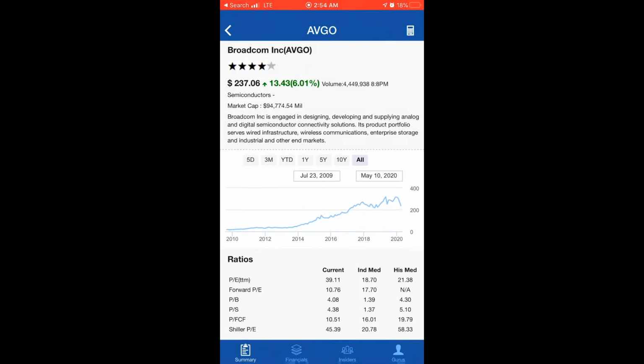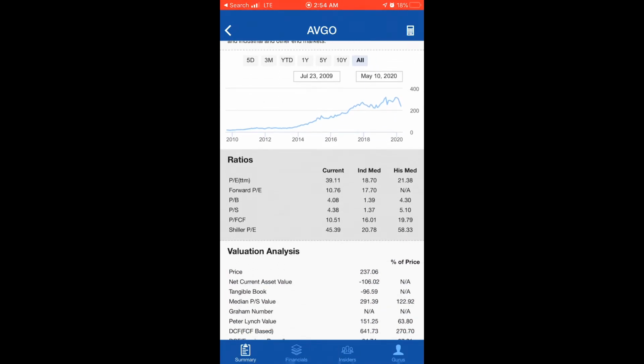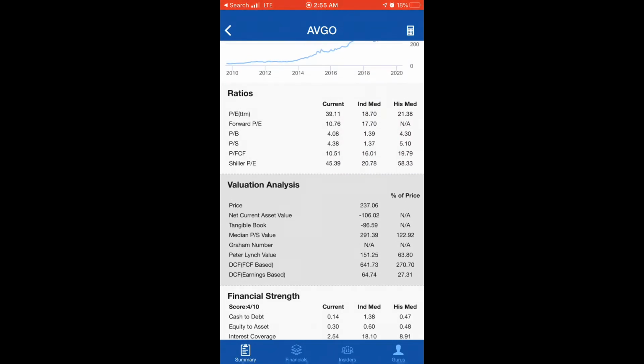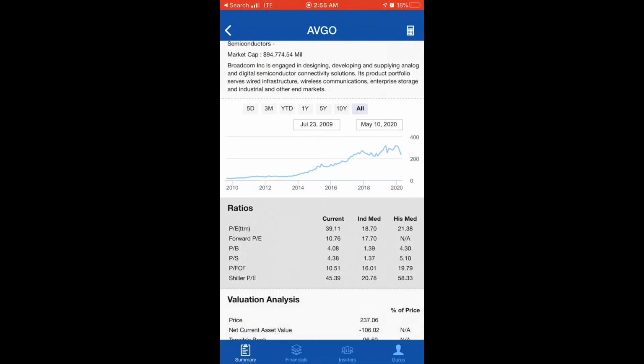And I really like Guru Focus. It shows a lot of information here. It shows price to sales, which is good for companies that rely a lot on sales of products. So for example, I would try to evaluate Tesla that way, because Tesla is a speculative stock, so they're not making profit yet.